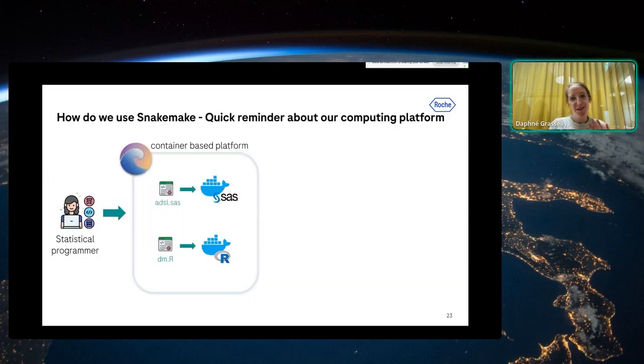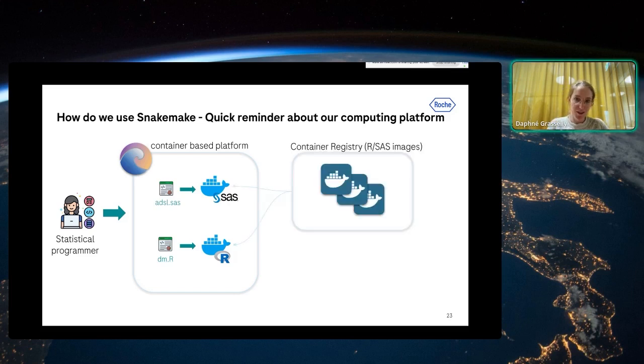So if I come back to the initial computing platform I was talking about, users can run SAS and R programs inside SAS and R containers. These containers are associated with some Docker images. So we are talking about R and SAS images here. They are stored in our local container registry. In reality, this is a bit more complex. This is not just about R and SAS images. We also have some custom installations inside these images, for example some Python automation tools, a lot of things, and also some libraries